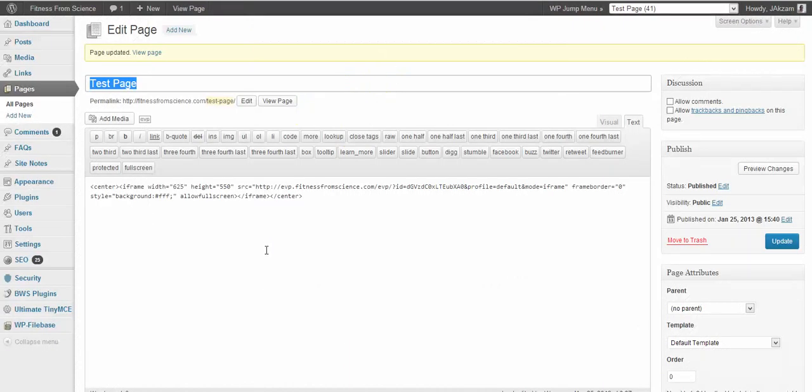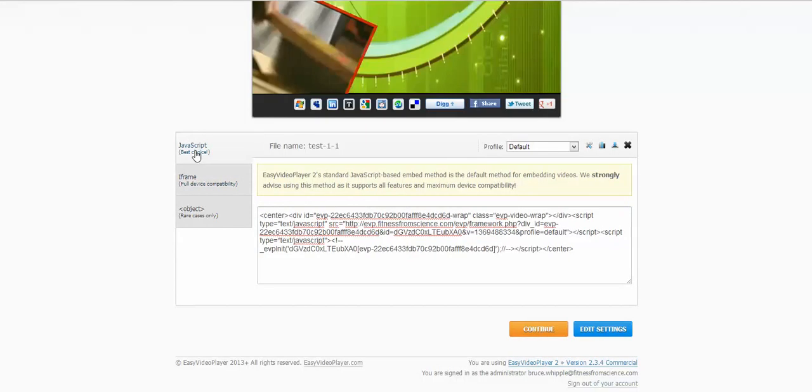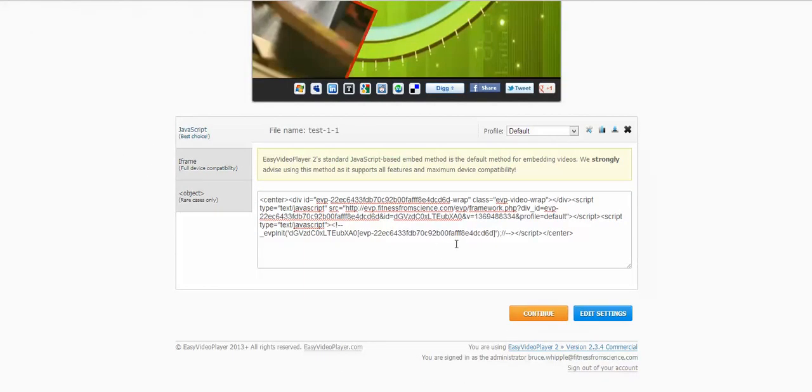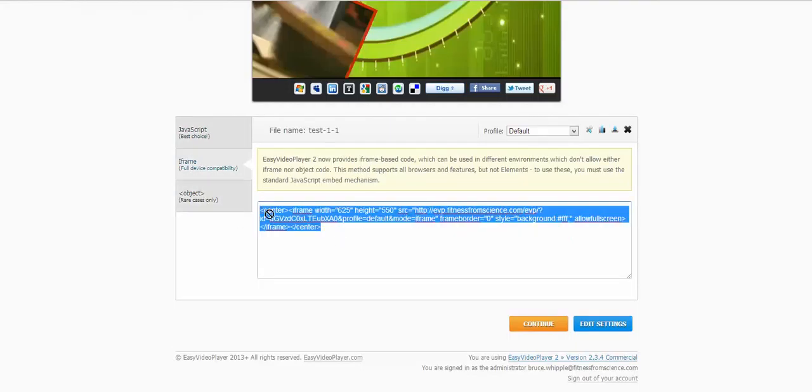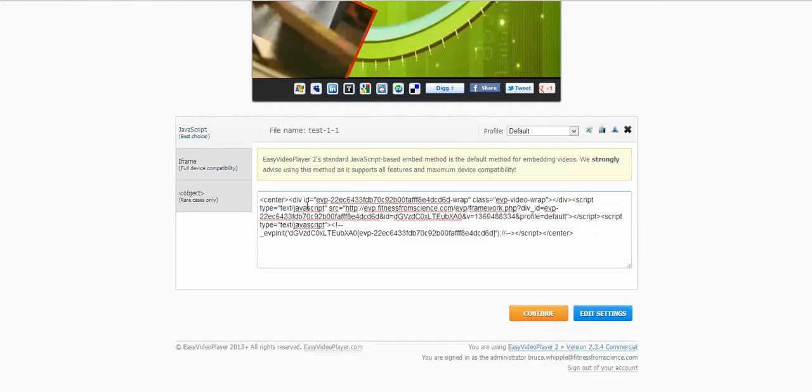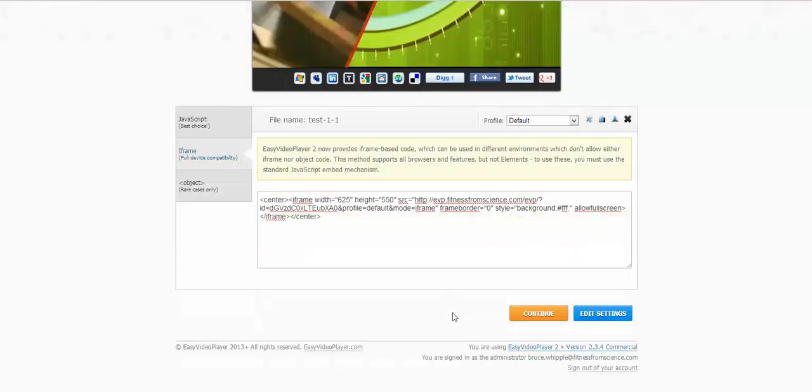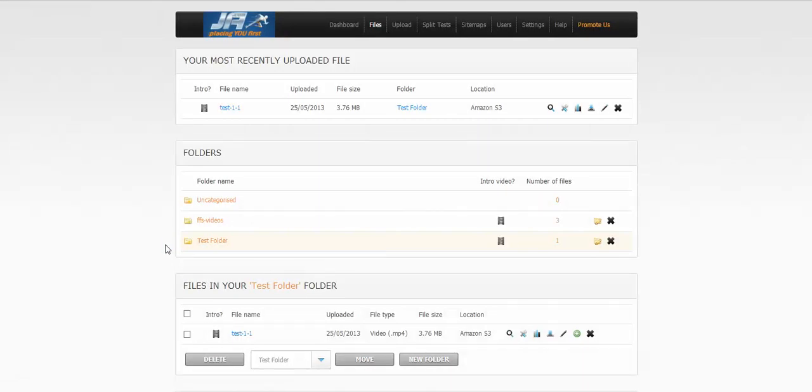embed, as far as the JavaScript embed, and see why it wasn't playing or why it wasn't showing, and I'll post that to Asana. But either way, if you do the iframe, then you'll just have to replace it if you make updates, right? If you do the JavaScript, then it doesn't. So either way, and then when you're done, you just click continue when you're done grabbing your code,